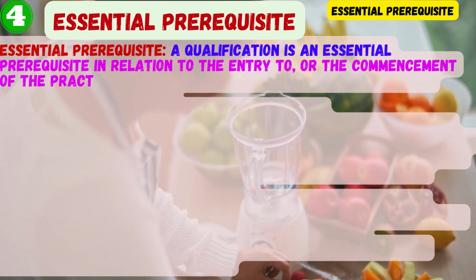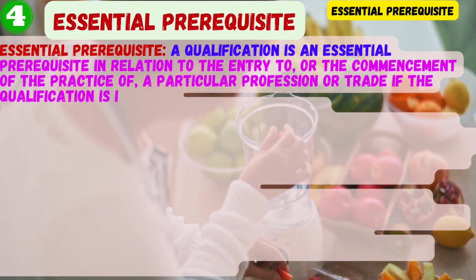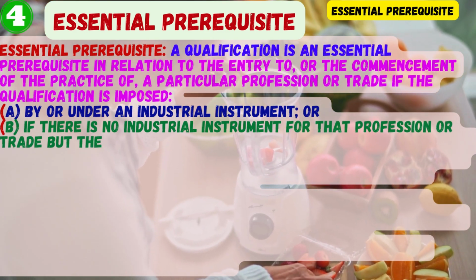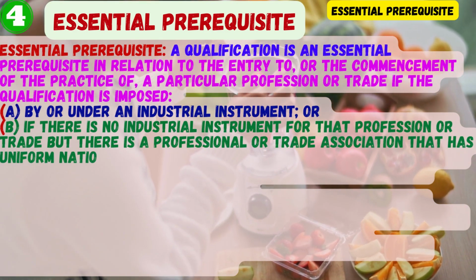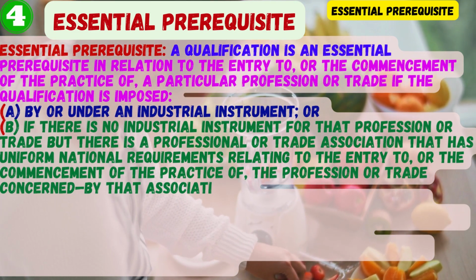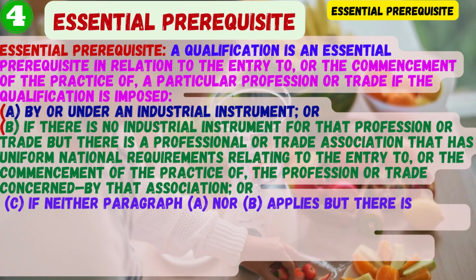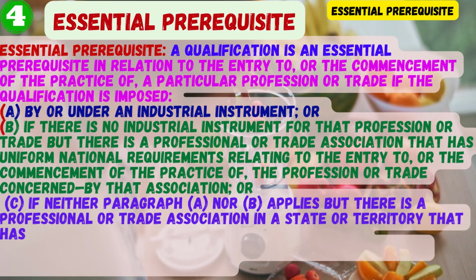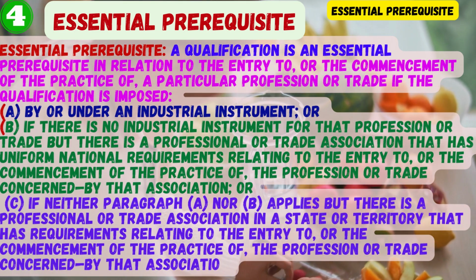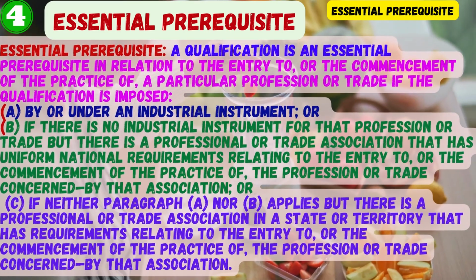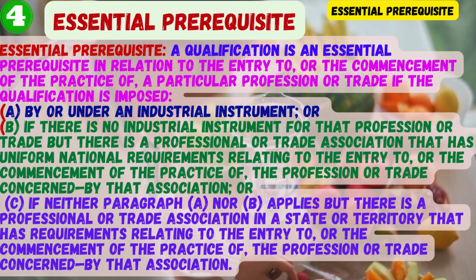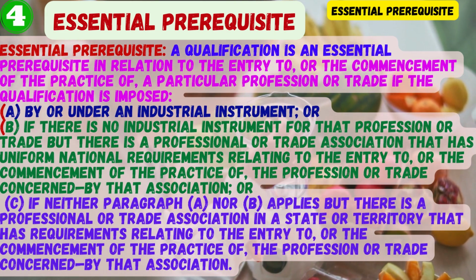Word number 4. Essential prerequisite. A qualification is an essential prerequisite in relation to the entry to, or the commencement of the practice of, a particular profession or trade if the qualification is imposed: a. By or under an industrial instrument, or b. If there is no industrial instrument for that profession or trade but there is a professional or trade association that has uniform national requirements relating to the entry to, or the commencement of the practice of, the profession or trade concerned by that association, or